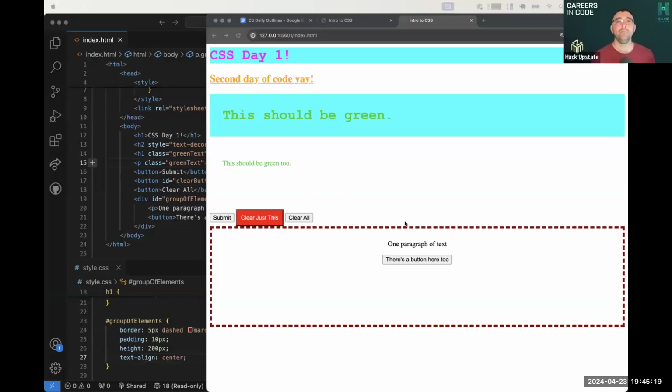Okay, so now we get to the fun part. You saw that I just styled this button, right? But that's a lot of work. We want to be able to say, well, someone else has probably already styled a button, right? And we could go on the internet and find some CSS and copy and paste it, but we really want